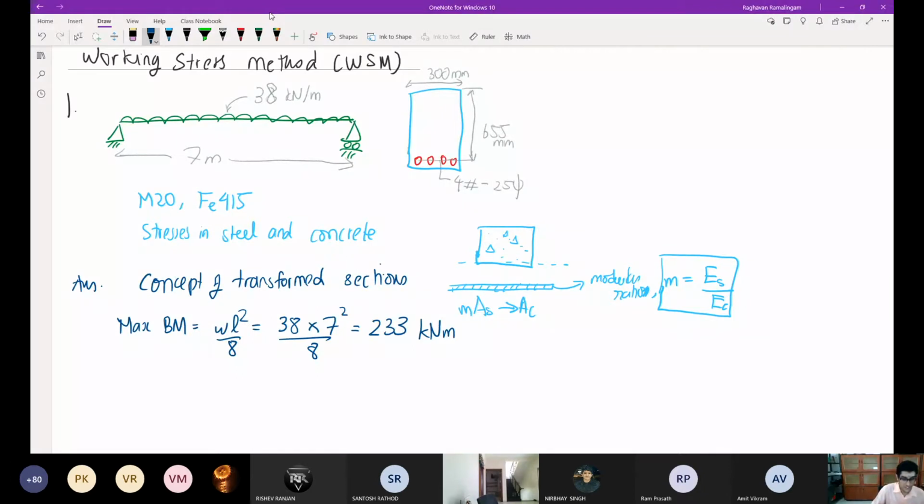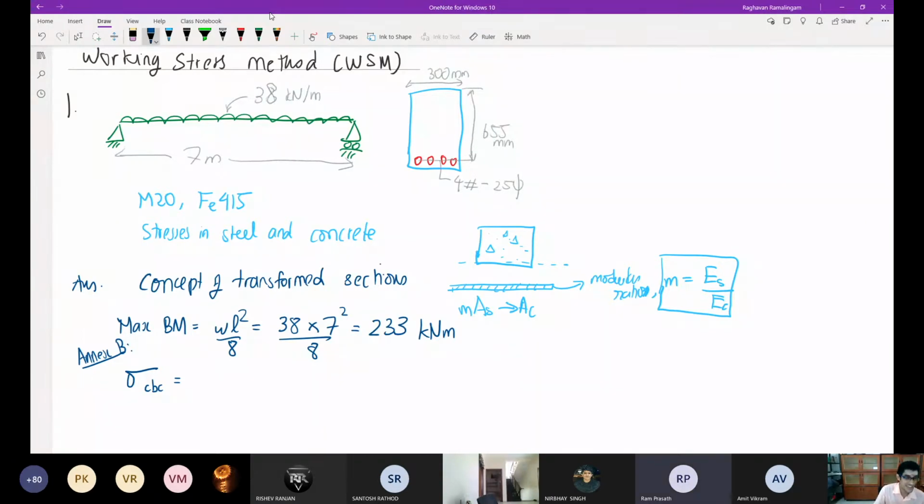Next thing you want to know is one value known as sigma CBC. So you don't find this. If you don't exactly remember, if you don't have a code book with you, just divide this grade of concrete by 3. Or you can go to IS 456, open Annex B, and you can get these values in your IS 456. So sigma CBC for M20 concrete. Without looking at the code book, can you guess? The maximum permissible compressive stress in concrete due to bending. What do you think it is? Without looking at the code book.